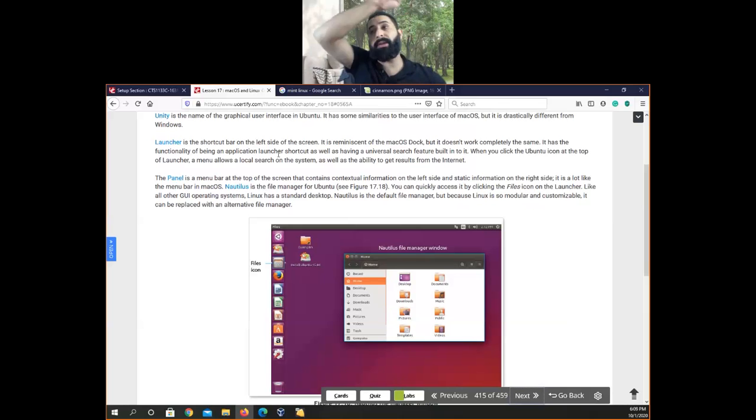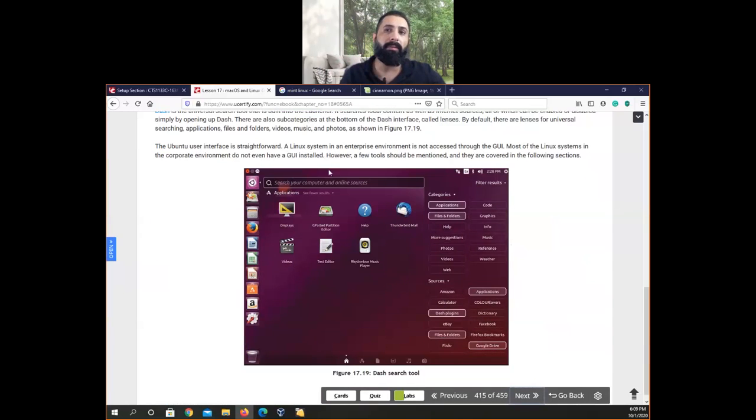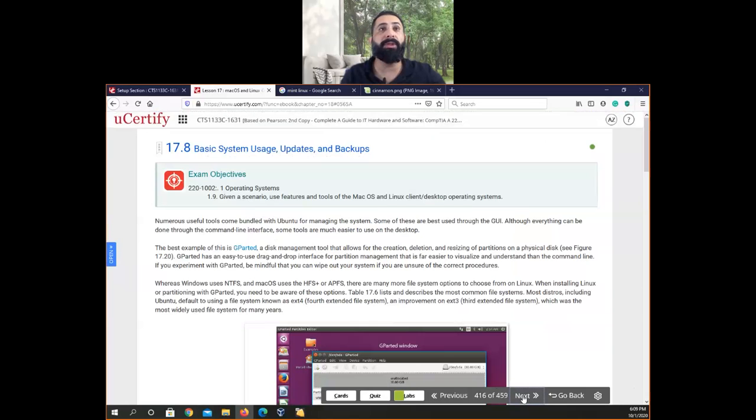Panel is the top menu. So the top menu is the same, but rather than the menu bar, we have the panel. Dash is the universal search tool that's embedded in the launcher. That's for Ubuntu. By the way, if you want to practice on it, go to NetLab, go to Ubuntu, and enjoy it. You have it over there.